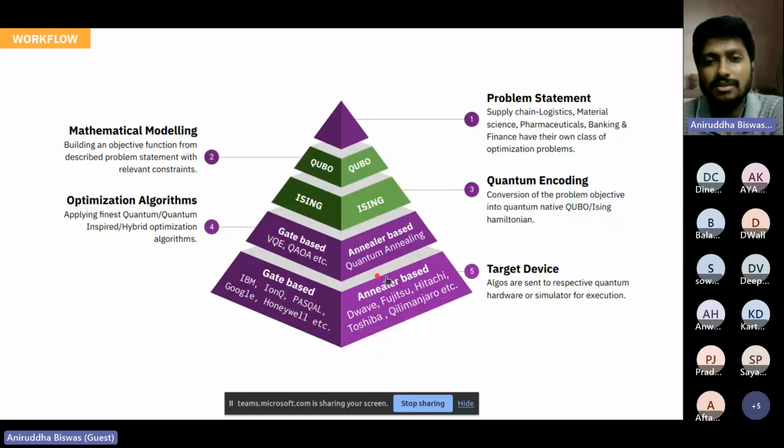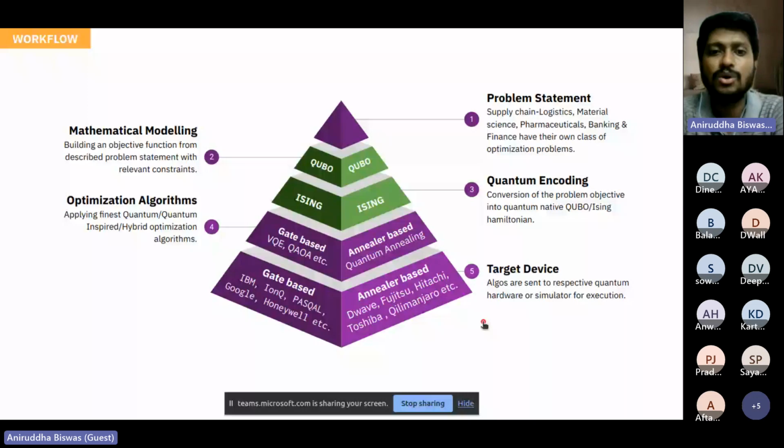So the workflow is basically this. It starts with a problem statement, and you have to formulate the problem in such a way that a quantum computer can understand it. Once that is done, you can simply send the problem to some algorithm, and the algorithm will be executed on some hardware, and you'll get the result out of it. And your problem will be solved. Probably you just need to do some kind of post processing before extracting the output. But these are mainly the basic steps.